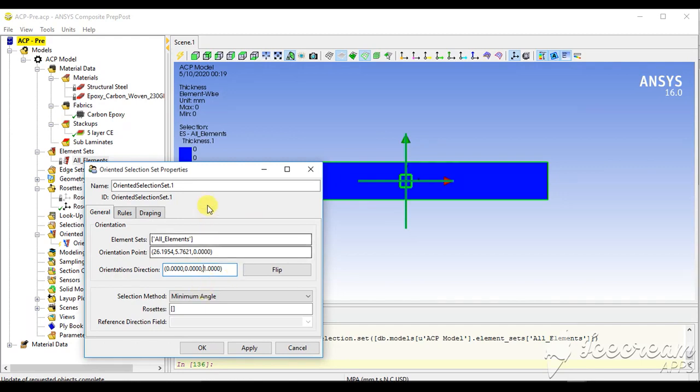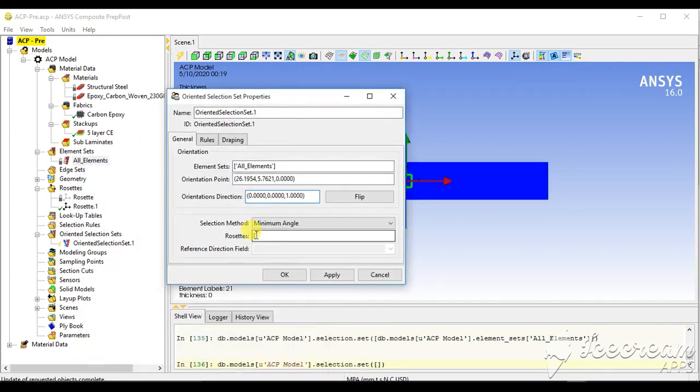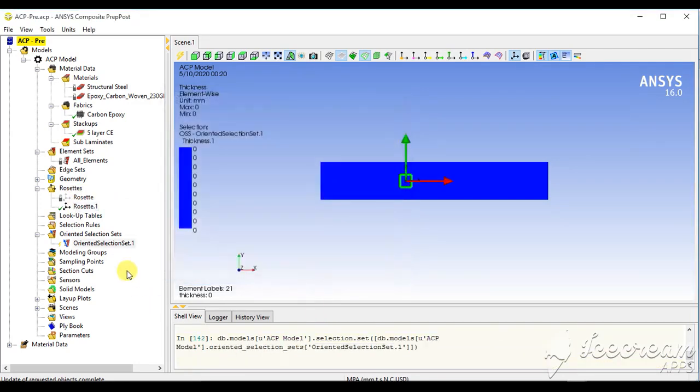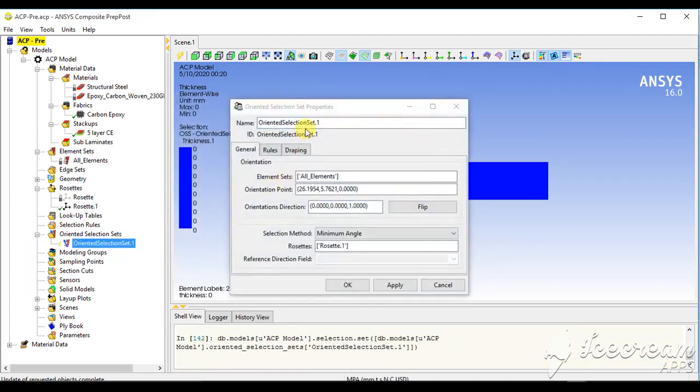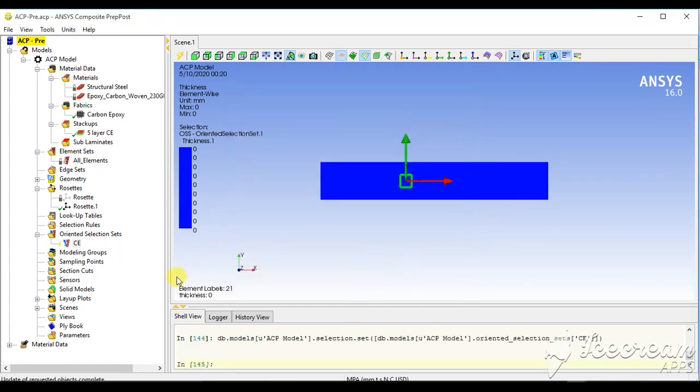So I will keep it as 1 in the z coordinate. Now in the rosette I will click on the rosette that I just formed earlier, and then click on OK. Rename it as OC for reference purpose.